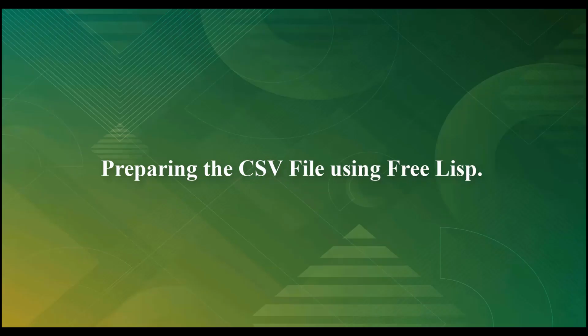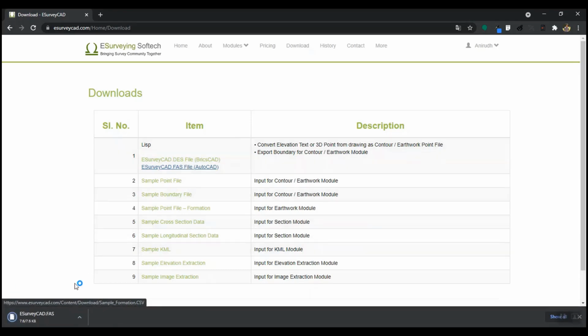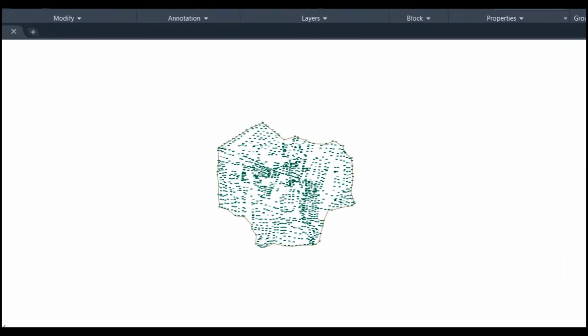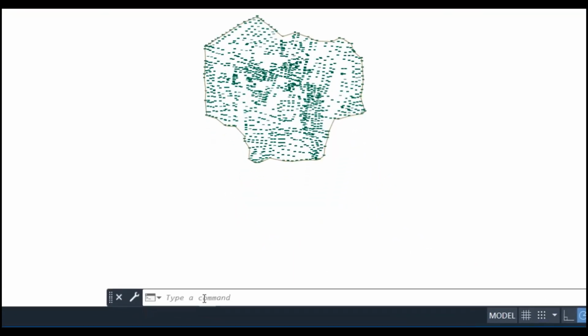Preparing the CSV file using free list. Download esurveycad.lsp from the download section of esurveycad.com. Open the drawing having point data or boundary in AutoCAD or BricsCAD.